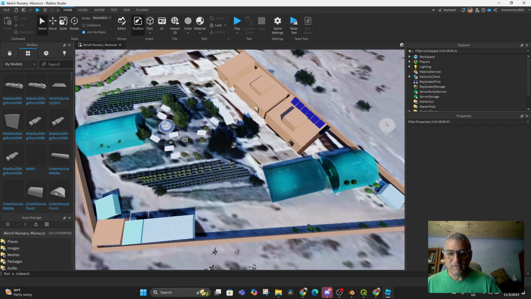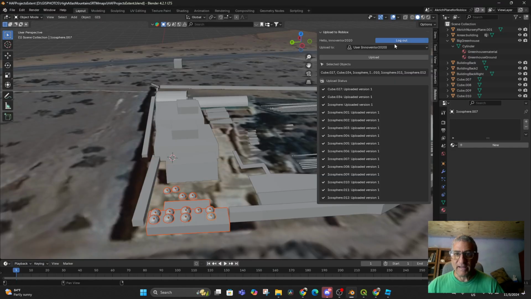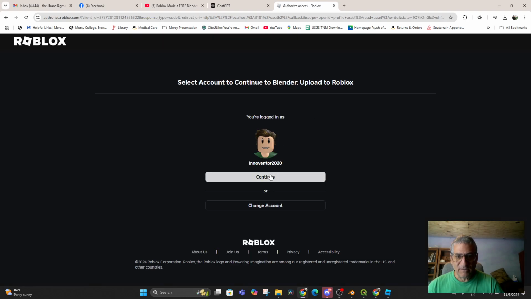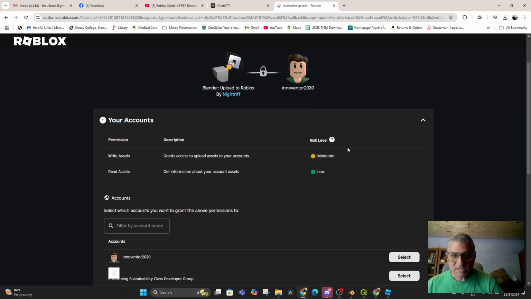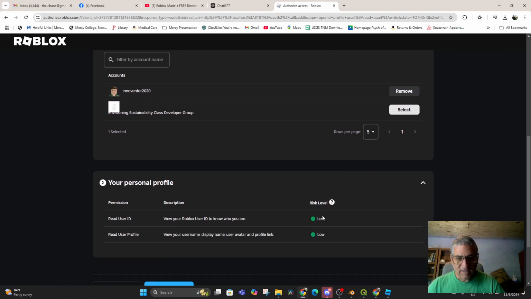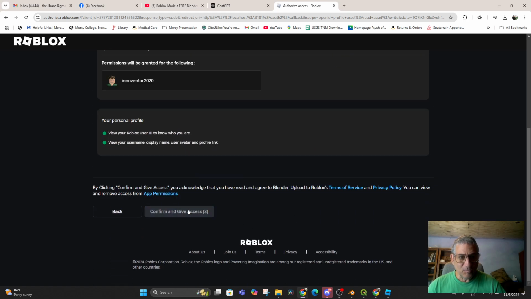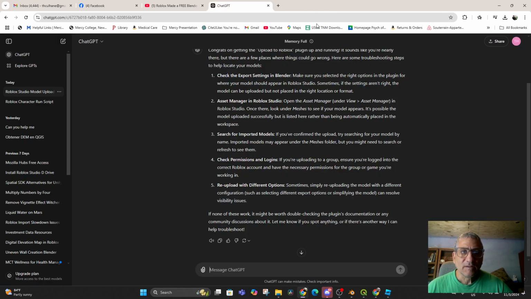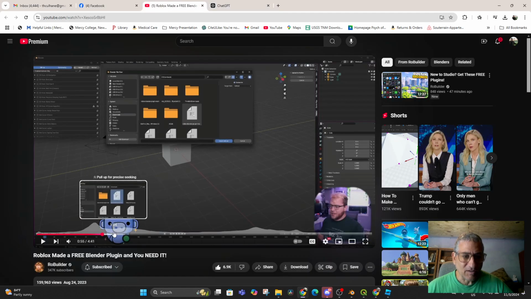All right, so obviously I'm not doing something correctly. Let me log out again. Let me log in again. Let me continue. Let me select the account and continue, but why doesn't it let us know what area we want to load stuff into? Let me see what it says here. When this guy does it,